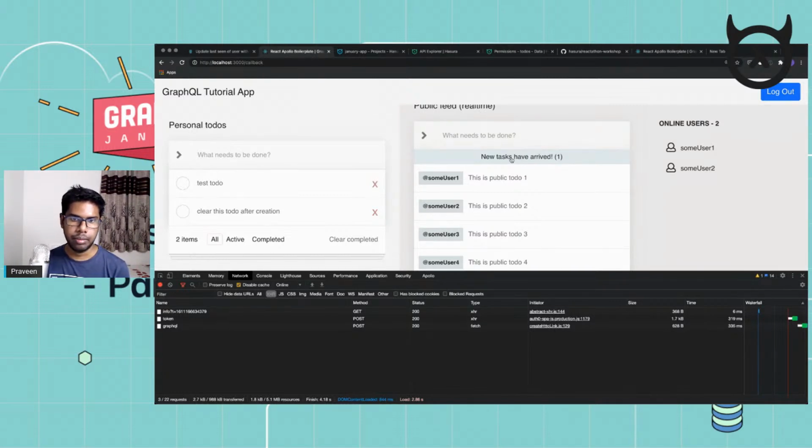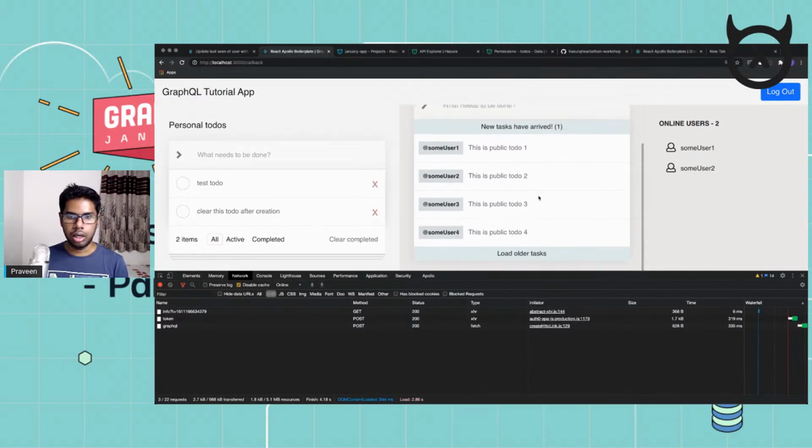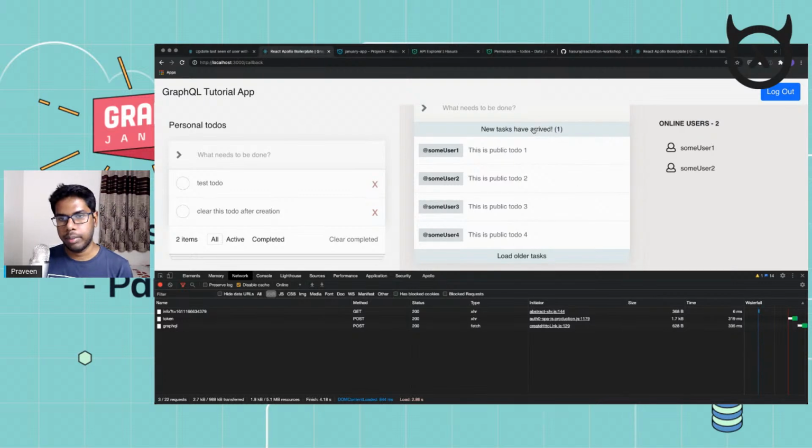You'd only subscribe to the list of to-dos that are newly created. So you would only just fetch the to-do ID and then find the length of the to-dos that you want to show in these brackets. And on clicking of this element, you would make a query and then fetch in some data and then populate the state by updating the cache. Very similar concepts. Load older tasks is also going to be a query which will be made to fetch